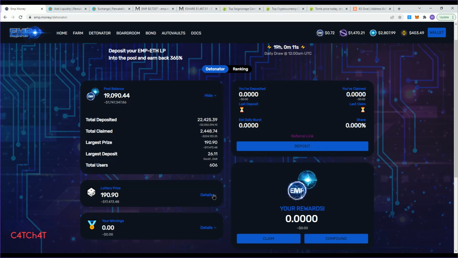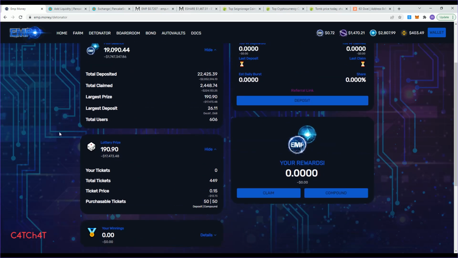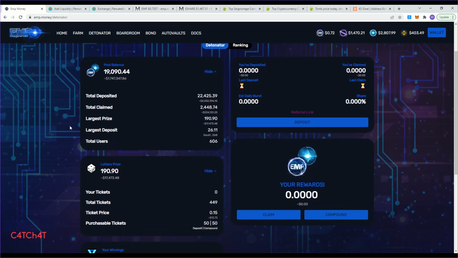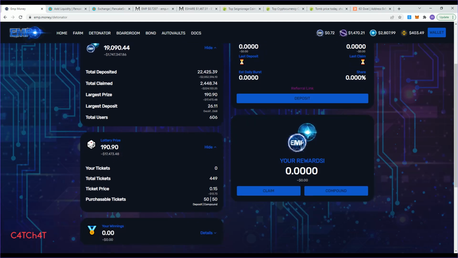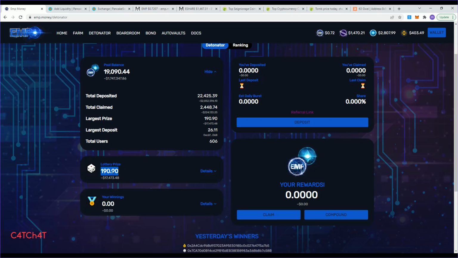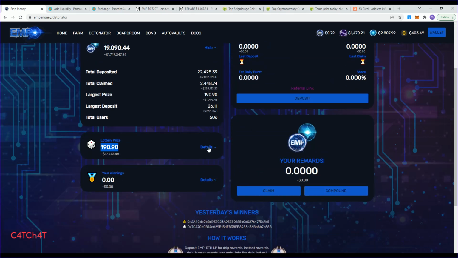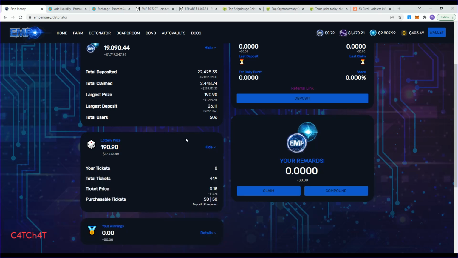But here's something incredible about Detonator that sets it apart from other projects in the space right now: this lottery. And you're going to ask, okay, well, how much is the lottery? Well, it's 190.9 LP today. And all you have to have deposited is this ticket right here.